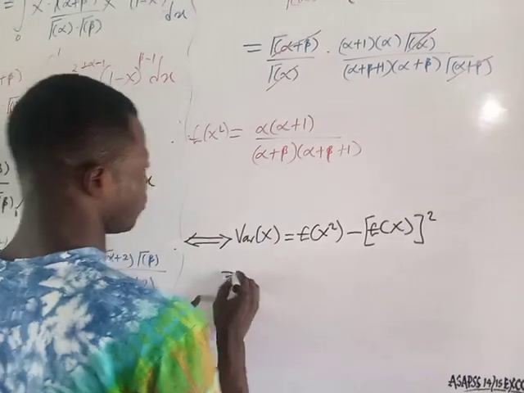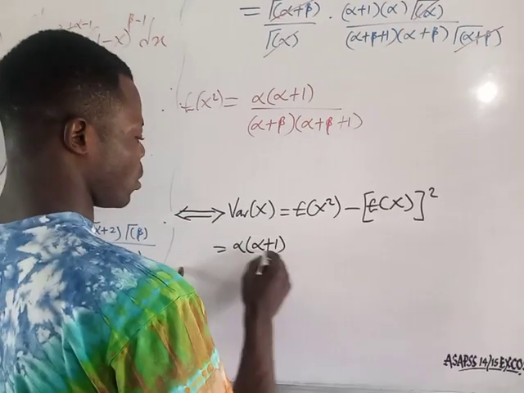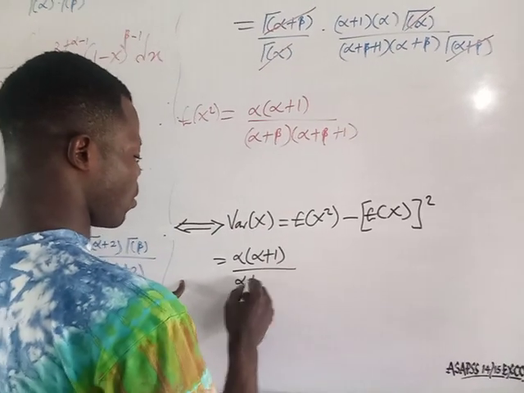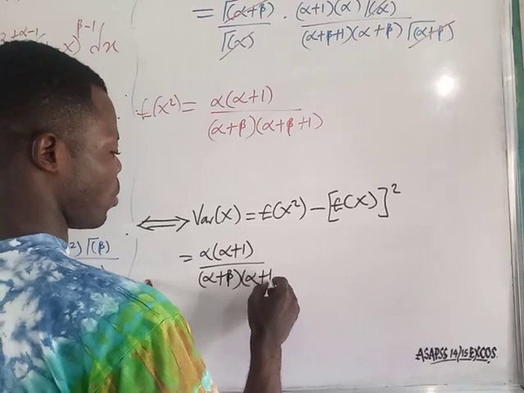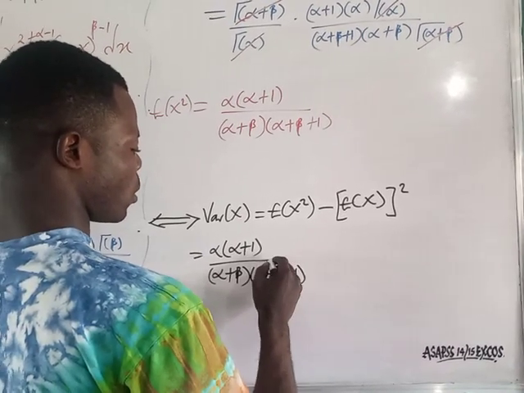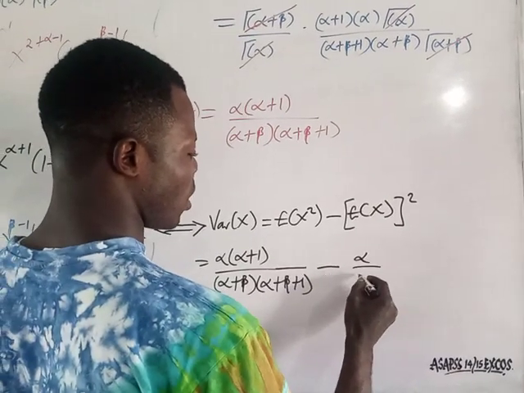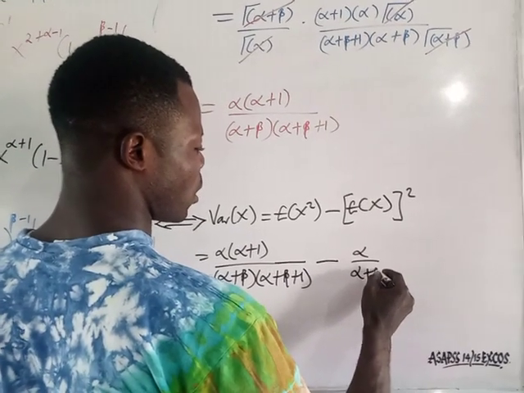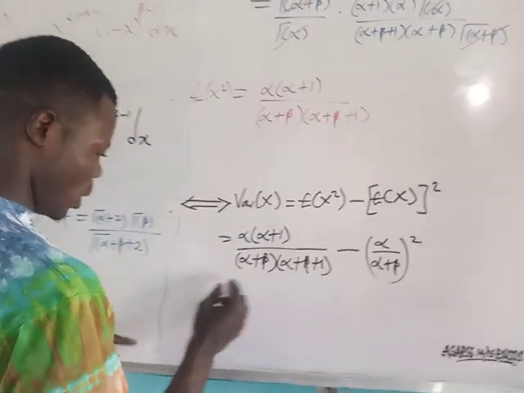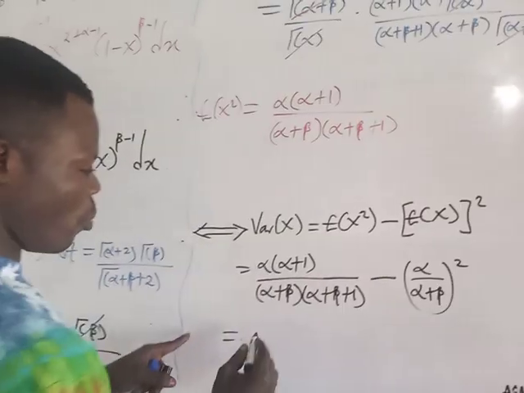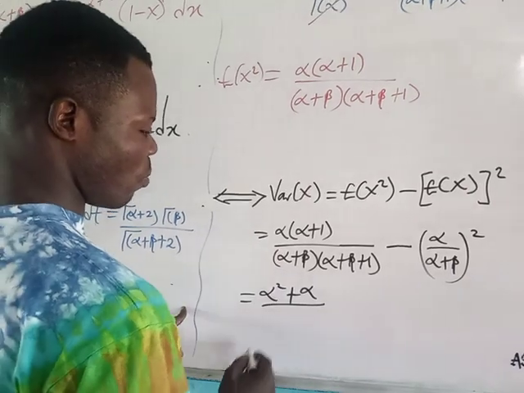This will give us alpha into alpha plus 1 all over alpha plus beta into alpha plus beta plus 1, minus this, which is alpha over alpha plus beta. This is our mean squared. So this, when you open this, it's going to be alpha square plus alpha all over